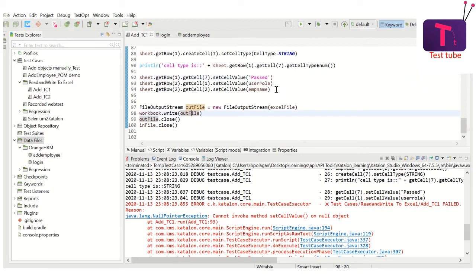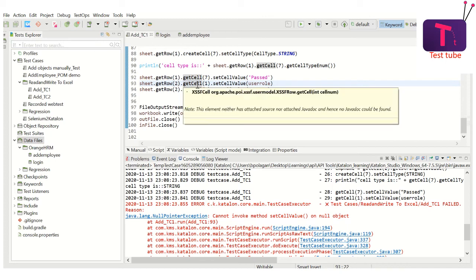Alright. So now let us try to understand why it has failed in this particular line, which says set value cannot be invoked on a null object. It is recognizing this part as a null object, and it is not able to invoke this method on this null object. Let us try to understand why this is null. It is saying get cell number 1 on row 2 is returning null. What it means is there is no cell such as 1 in row number 2. So that's what has happened.